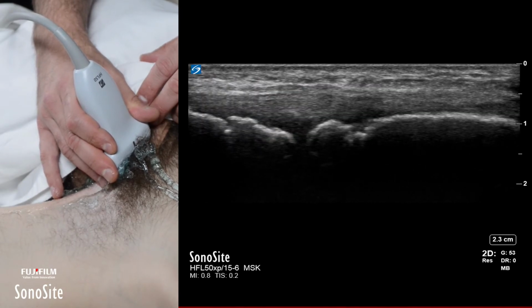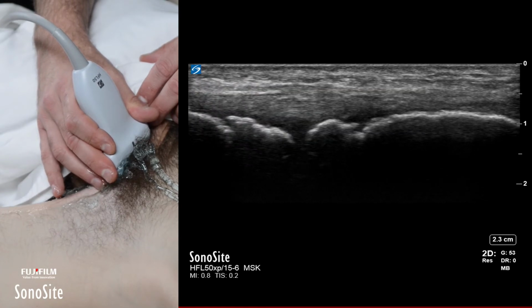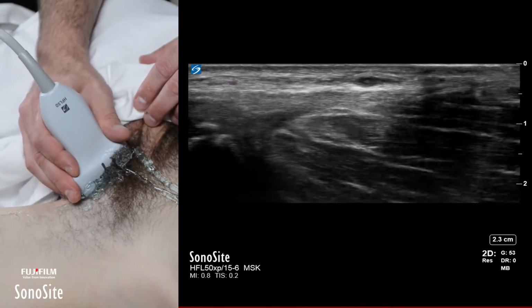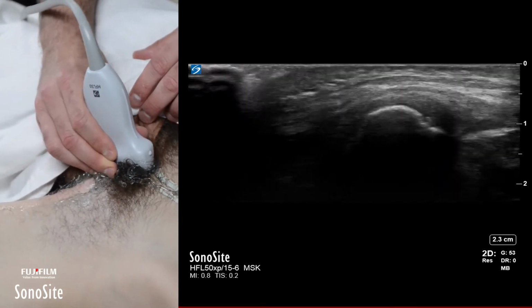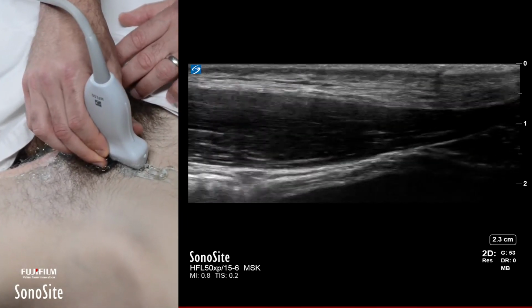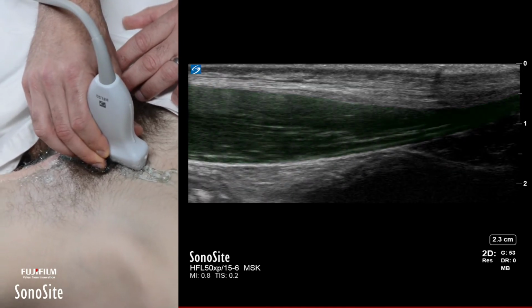But you certainly take advantage to look for asymmetry, especially because a problem with the pubic symphysis itself is going to be a big part of your differential diagnosis. I'm now going to back off and rotate my probe, so I'm now in the long axis of the rectus abdominis. If you look, you can see the rectus abdominis muscle on the right,